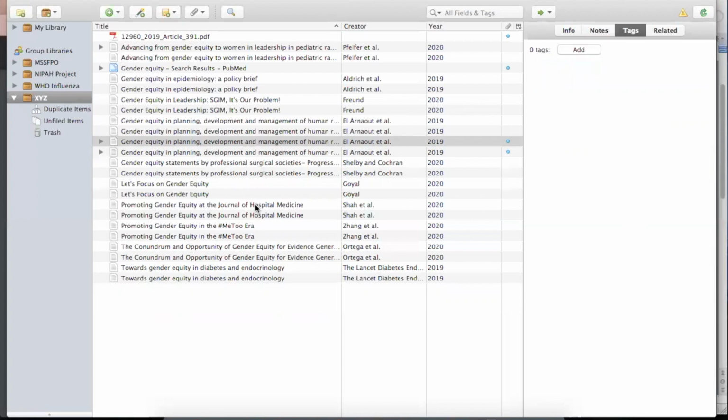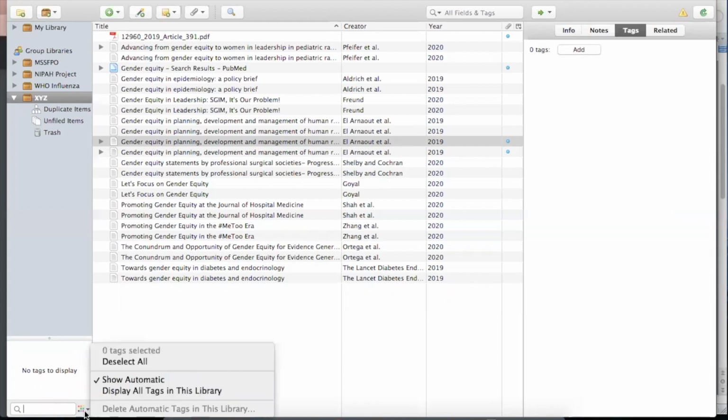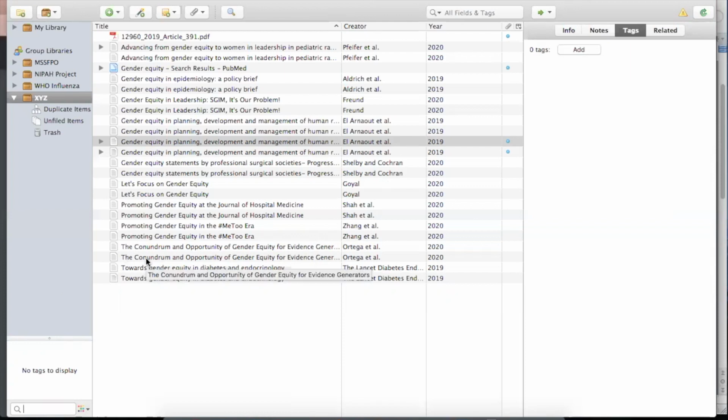Suppose we are tagging multiple articles. The tags which we want to see will appear at the bottom here. These are the tags. Now no article has been tagged as of now, so there are no tags in the display, but all the tags will appear here and you can arrange them. You can assign each tag a color by clicking here or clicking on a particular tag, and there will be the option called Assign Color, and you can assign colors to the tag.